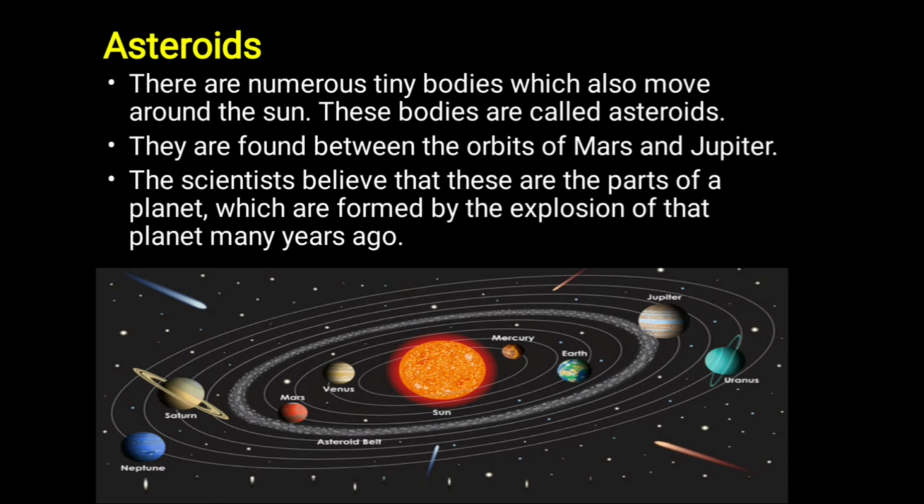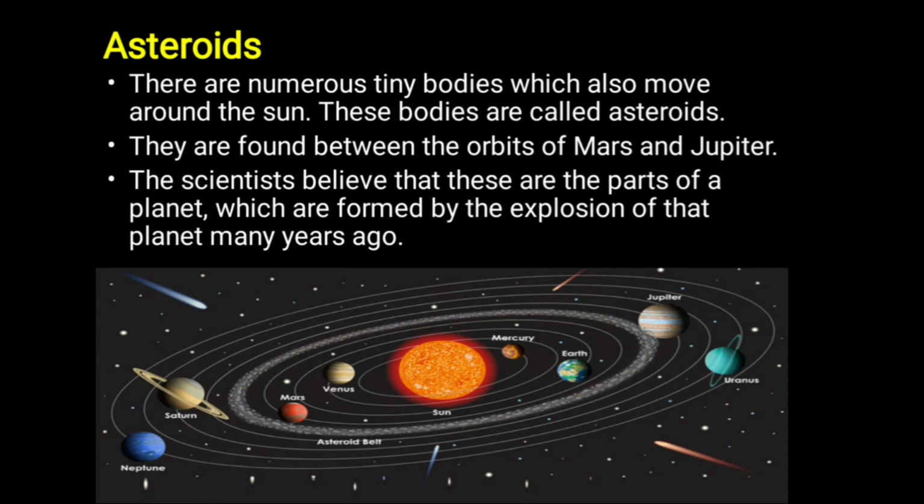Asteroids. There are numerous tiny bodies which also move around the sun. These bodies are called asteroids. Well, in the solar system there are 8 planets which keep revolving around the sun. You can see here in this picture there are 8 different planets, they keep revolving around the sun. Well, except these planets, there are several small tiny bodies which keep revolving around the sun, and those are known